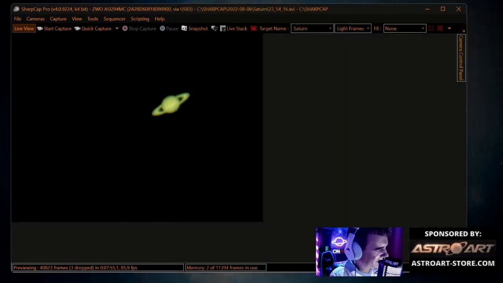Close the image. I open Registax. I pull this image result from AutoStakkert to Registax. Let's see where it is. The image is near the file. Okay.